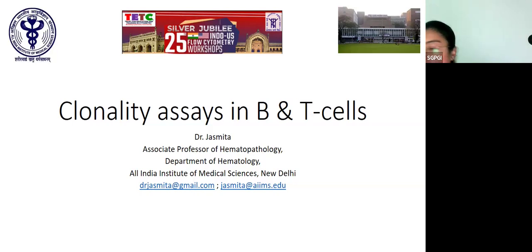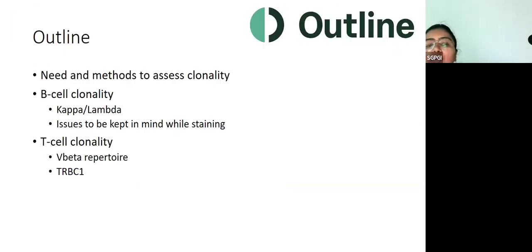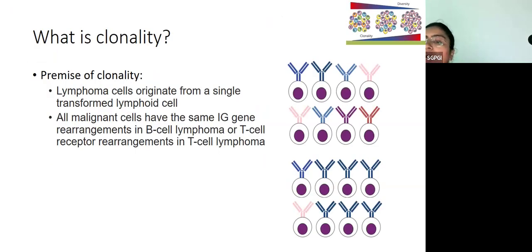So let me go to my slide. This will be the outline of the talk today. So what is clonality? If you look at this particular B cell in the normal peripheral blood, you see that each of these B cells have a different kappa or lambda light chain on their surface, right? So this is a different antibody that each of these cells is expressing. So this is a group of cells which have a diverse expression of the immunoglobulin